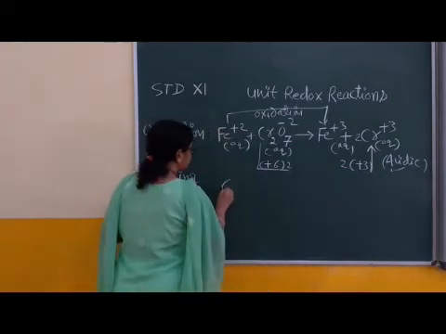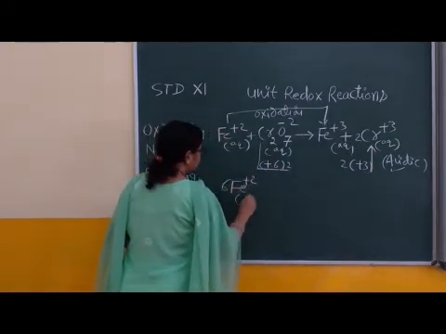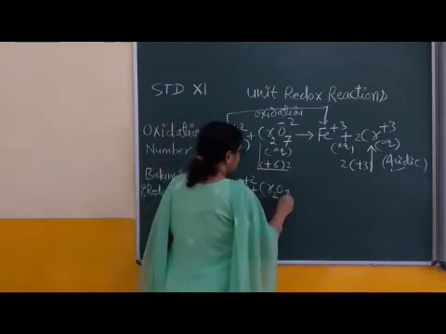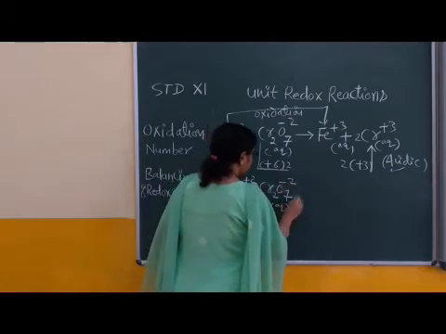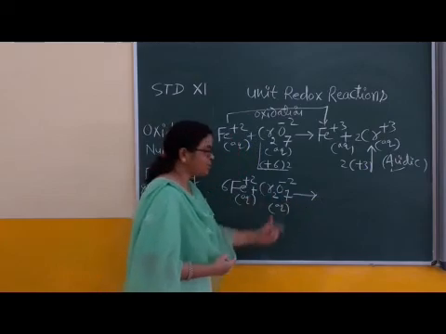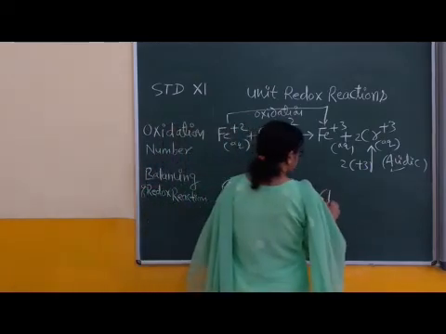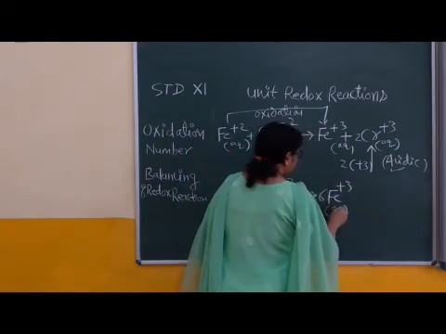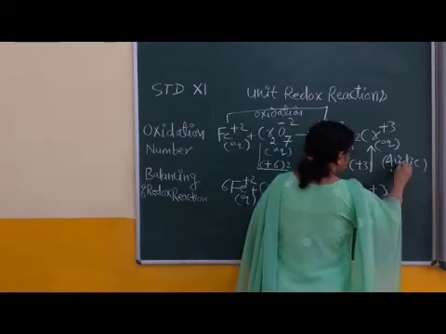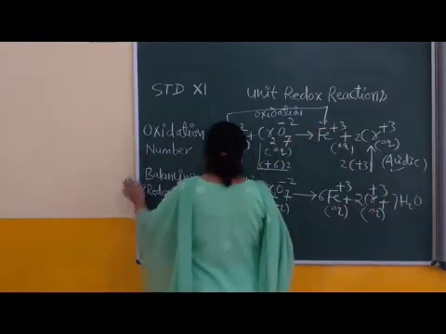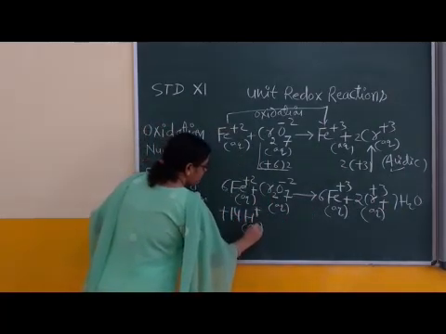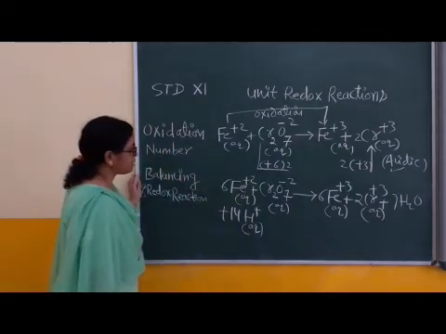The balanced state is 6 Fe plus 2 in aqueous medium plus Cr2O7 minus 2 aqueous on the reactant side. The electrons cancel, 6 electrons on the left hand side and 6 electrons on the right hand side, so they are an unnecessary term. Right? Then 6 Fe plus 3 aqueous plus 2 Cr plus 3 aqueous, 7 H2O, and hydrogen ions on the left, plus 14 hydrogen ions. All ions are written in aqueous medium. Now this is the balanced state.